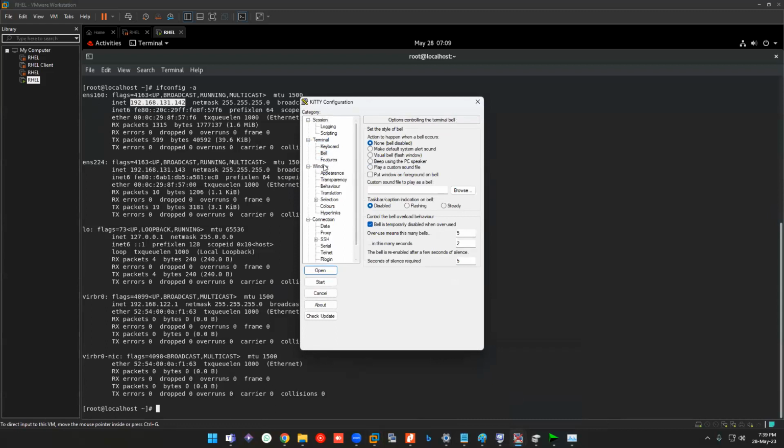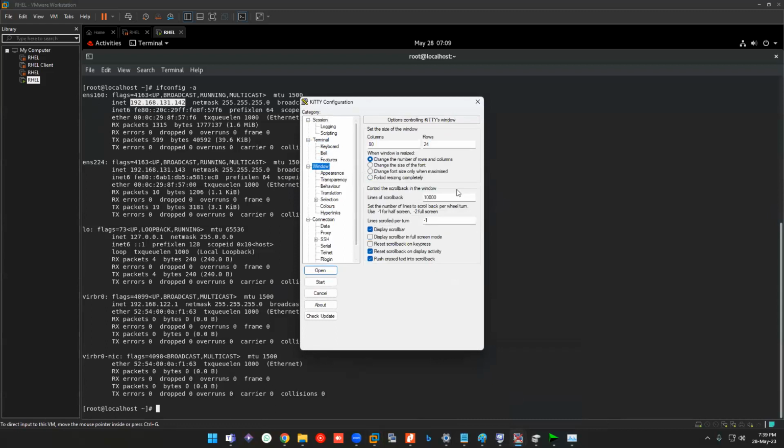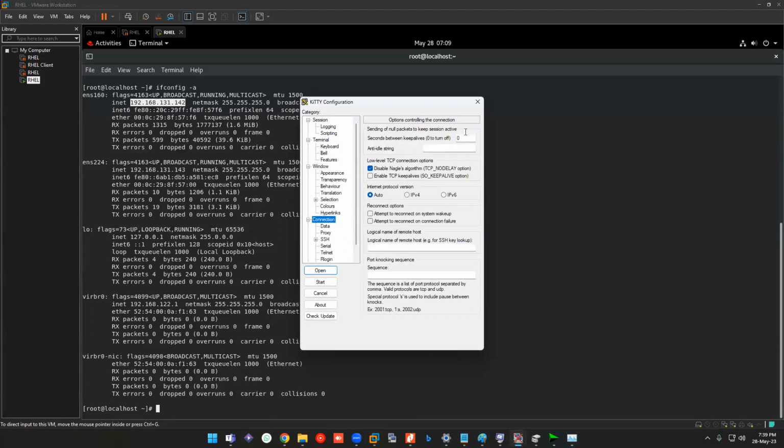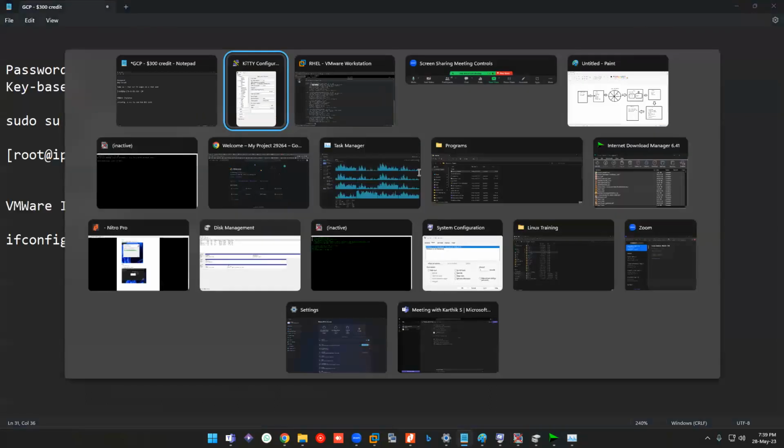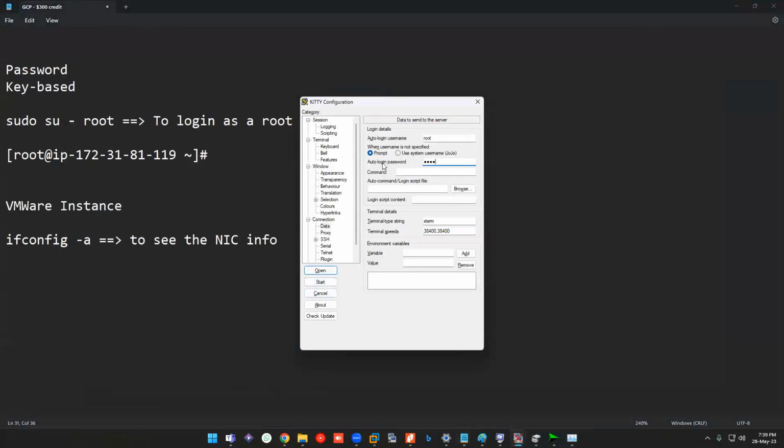I don't like this bell feature, by the way, so I'll be removing that right away. Connection 30. In the data section, just give root, so we'll be logging in directly as root. For the people who are using a user, I'll show you how that works.